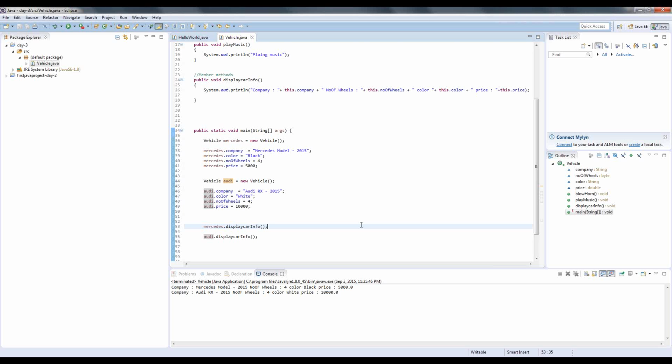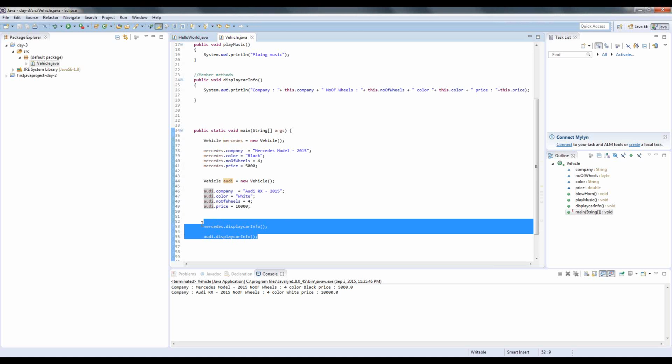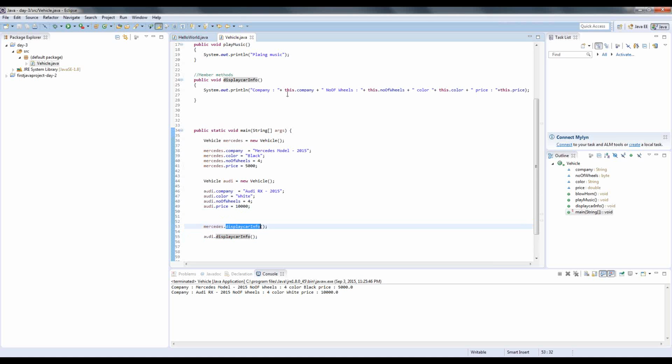Okay, fine. So we are calling this display car info with the Mercedes and Audi objects, and this keyword this actually signifies the object from which you are calling this method. So what exactly is the method I am calling? Display car info, right? So display car info has been called with what object? I have called it with the Mercedes object, right? So here this means nothing but this Mercedes object. So if I think about Mercedes dot company, I have set it like this, and I'm telling you that